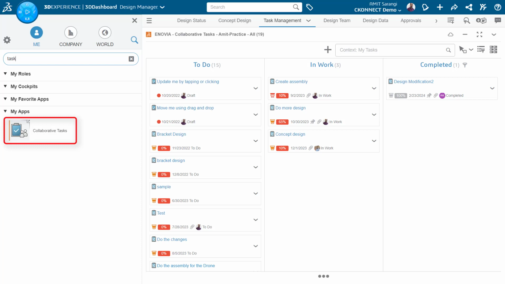Everyone, today we are going to see collaborative task. In 3D Experience, a collaborative task refers to a shared activity where team members work together on a project in real time. It enables simultaneous editing, reviewing, and tracking of progress within a unified environment. Collaborative tasks streamline communication, enhance productivity, and foster synergy among contributors, facilitating efficient project completion.